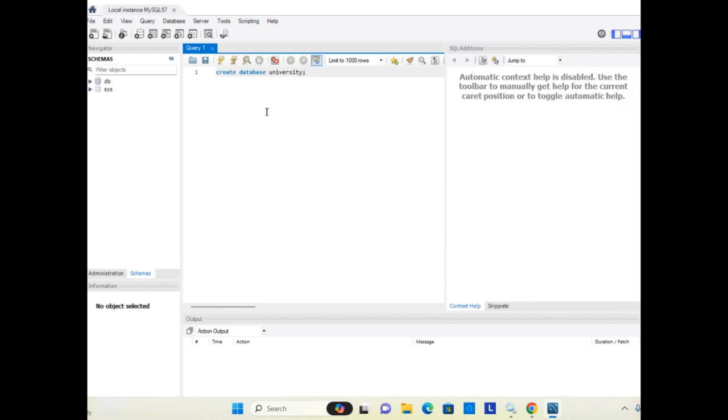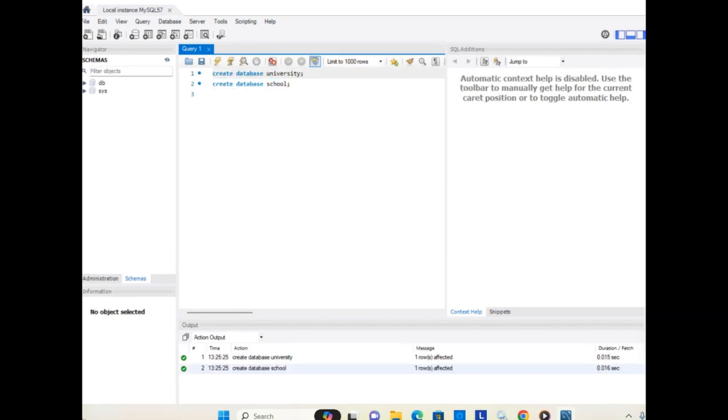It may be person, people, or any name you want. Okay, so I created a database university, and I select it and click on the third button, known as the execute button, and you can see create database university, one row affected. For more clarification, I create another database for you. Create database, and I give the database name school. School is another name I have given, so I execute it.